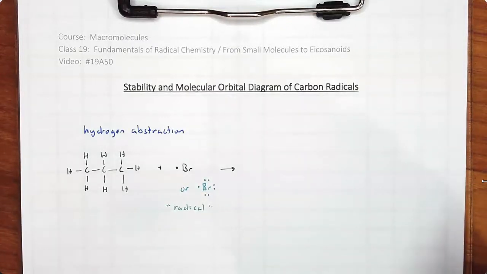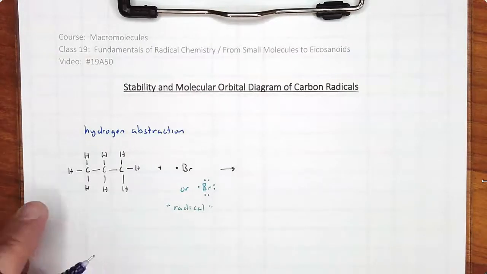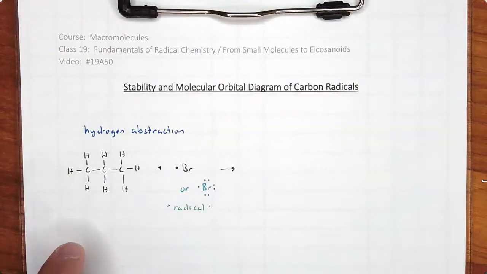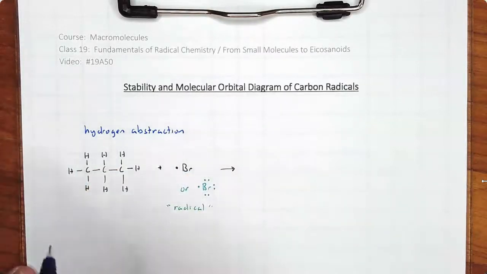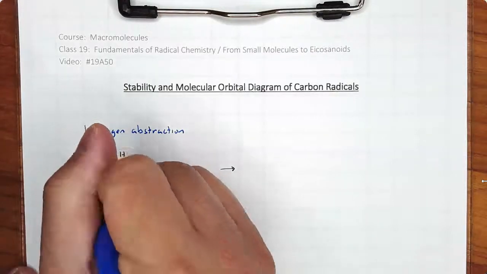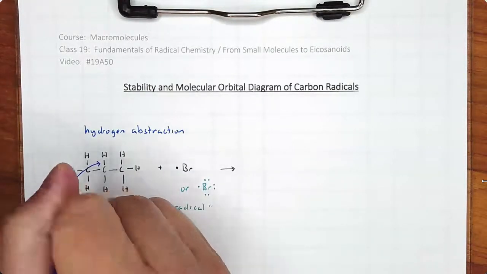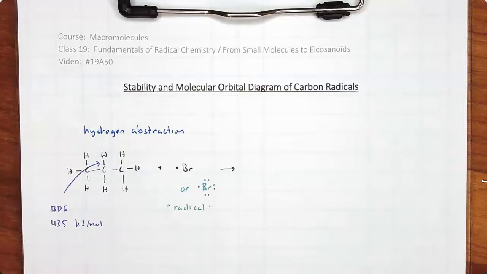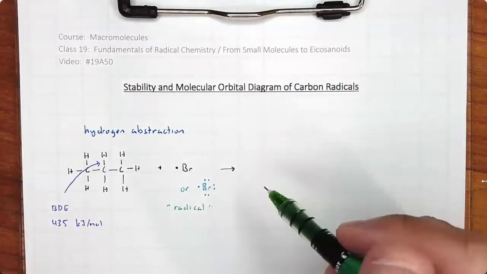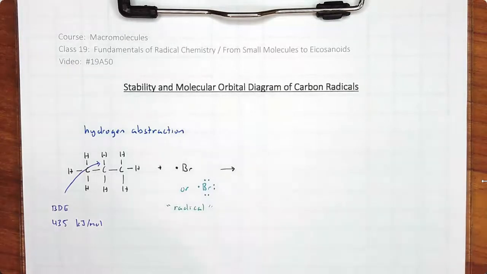In the videos for class 19, I'll be giving also bond dissociation energies because those are going to be important to try to predict which bonds will be broken and made. And for instance, in this hydrogen abstraction, which is the removal of a hydrogen, I'm going to say that this bond right here has a BDE of 435 kilojoules per mole. I have this propane going to react with this bromine radical,